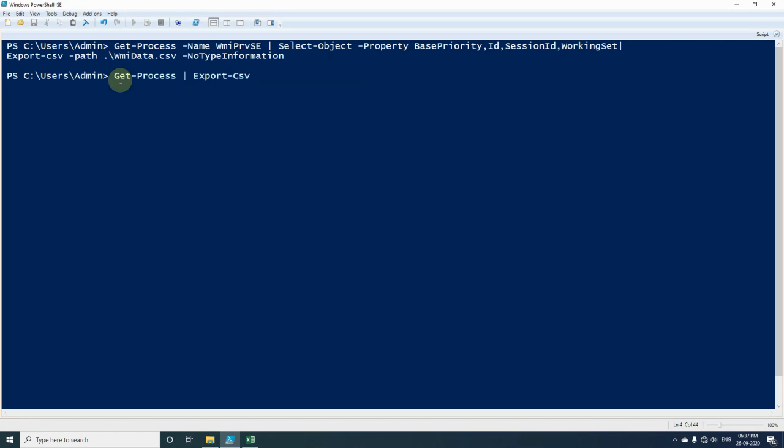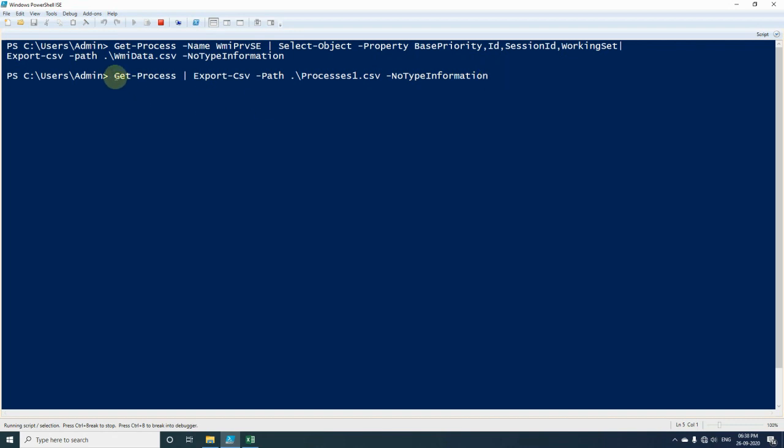After that I am using the cmdlet called Export-Csv, and here we will be specifying the path. So in this example we are getting all the processes, and after that we are writing those processes to a file called processes1.csv. So now let's execute this one.